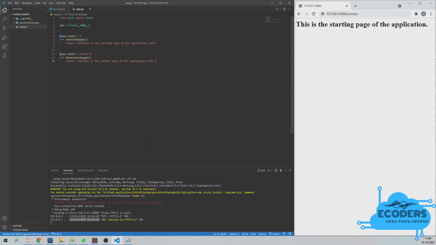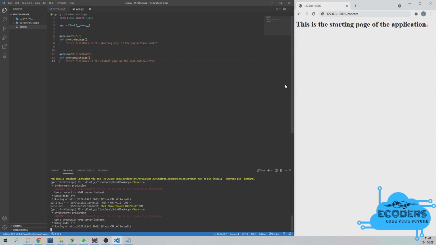Okay, and as soon as you save it, we will have to stop the server. Just press Ctrl C at this particular terminal and it is going to stop the server, because we have made some changes in our app.py file. Then, once after stopping the server, you will have to start the server once again. You just have to say flask run, hit enter, and it is going to start the application once again.